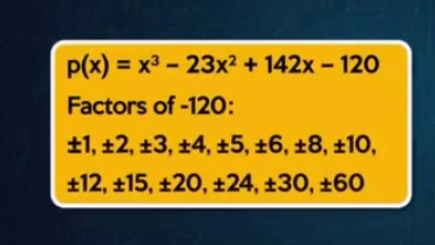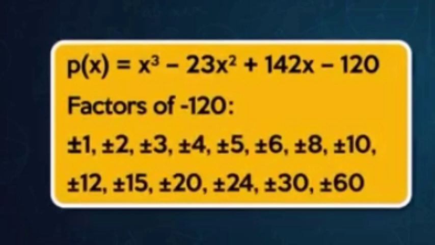The coefficient of x cube is 1 and the constant is minus 120. If you take its product, 1 into minus 120 is minus 120. The factors of minus 120 are plus or minus 1, 2, 3 and so on. First we will find one factor by using trial method.